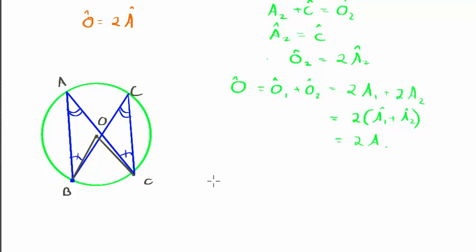Angle at the center is twice the angle at the circumference. So if you use the same arc BC, it means that A and C are equal, since angle at the circumference. Okay, so in other words, it's now all about saying it. Now, how would you write it now?